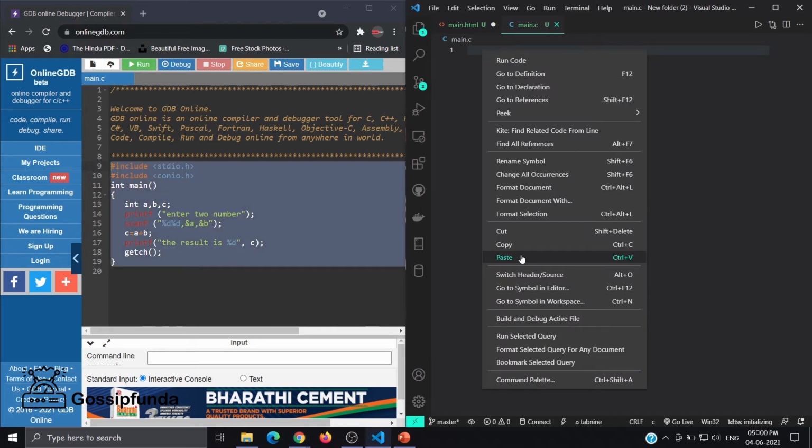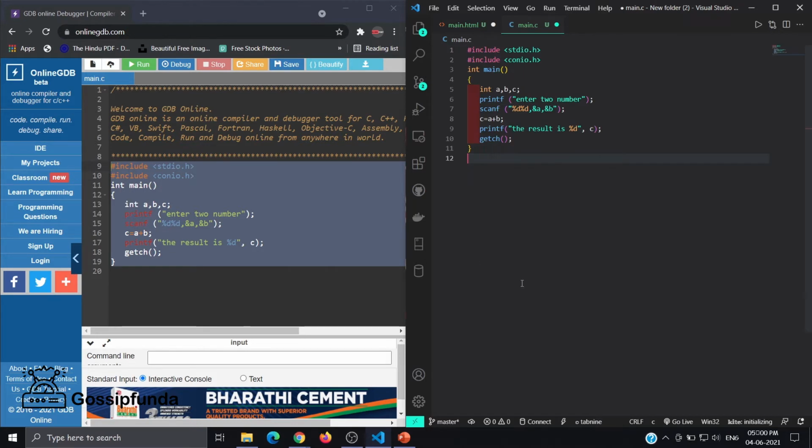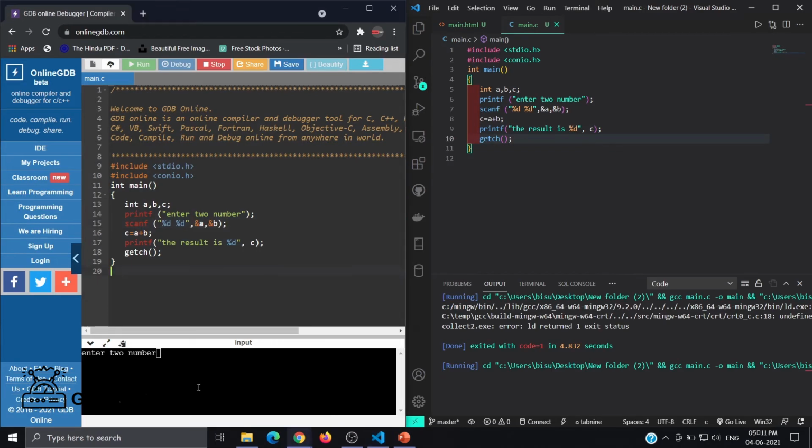Now we write the same program in our online GDB as well as our VS Code. So first run here. Now here we can easily access our code, 121 plus 123. It shows the result, but here it starts running,